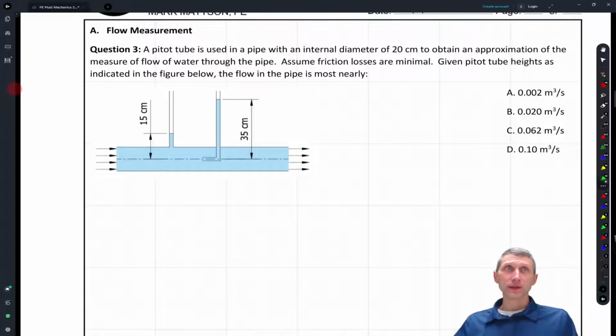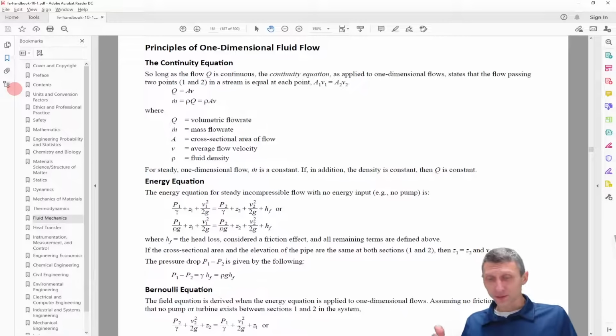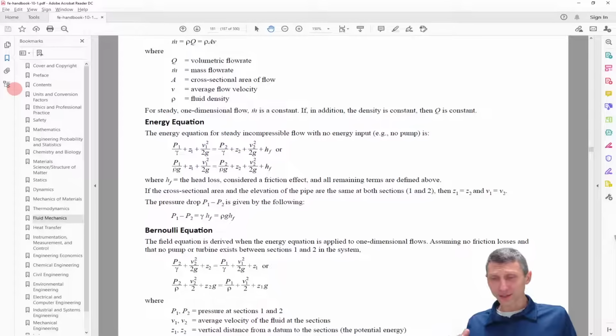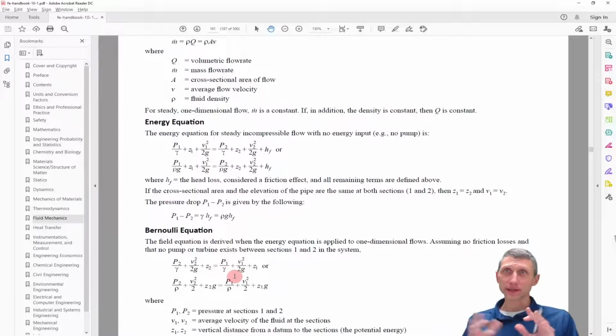This gets towards Bernoulli, but it also gets to Bernoulli and the energy equation on that same page. So what's the difference between Bernoulli and the energy equation? Well, the energy equation has these friction losses, and if you're adding pumps in or anything along those lines, you put it on one side, the friction losses would go on the other side. Bernoulli doesn't have that, but Bernoulli kind of assumes that there's no turbines, no friction, and things all kind of work out. So what we're going to do here is we're going to kind of use this,